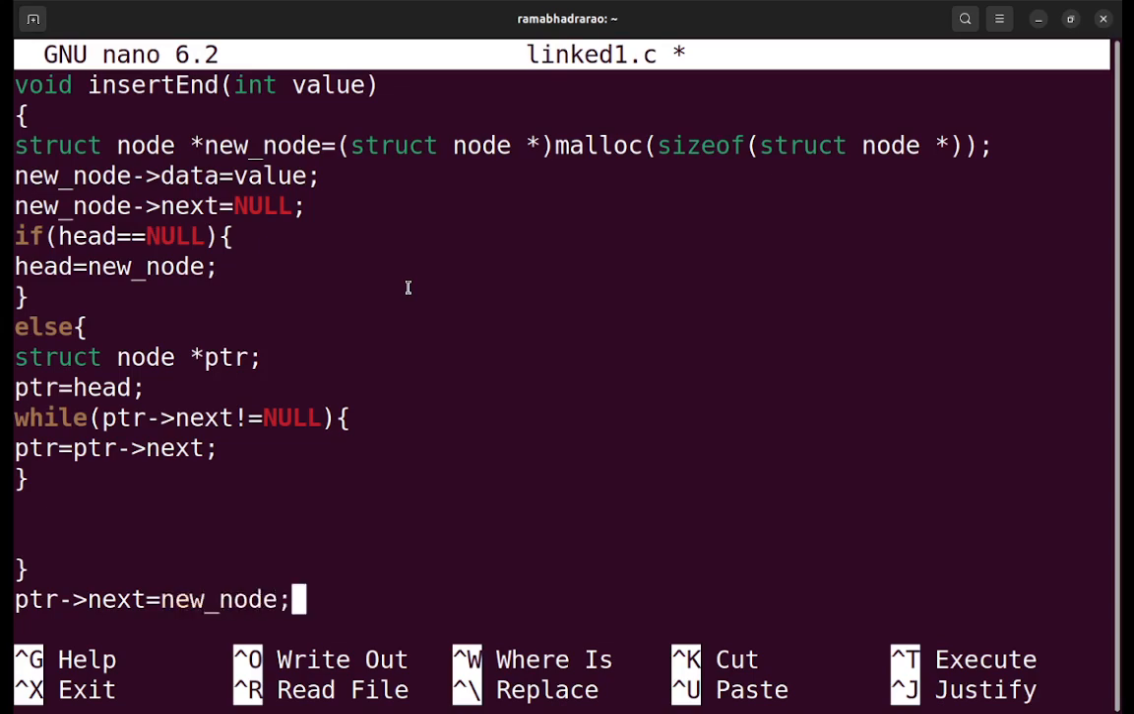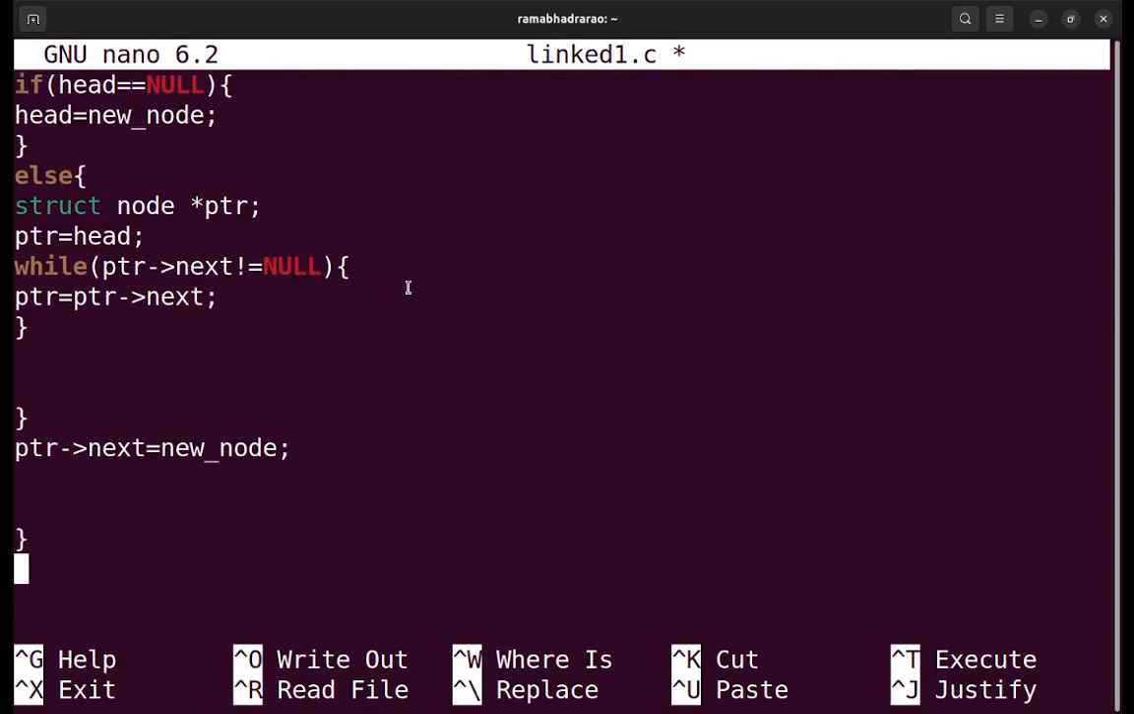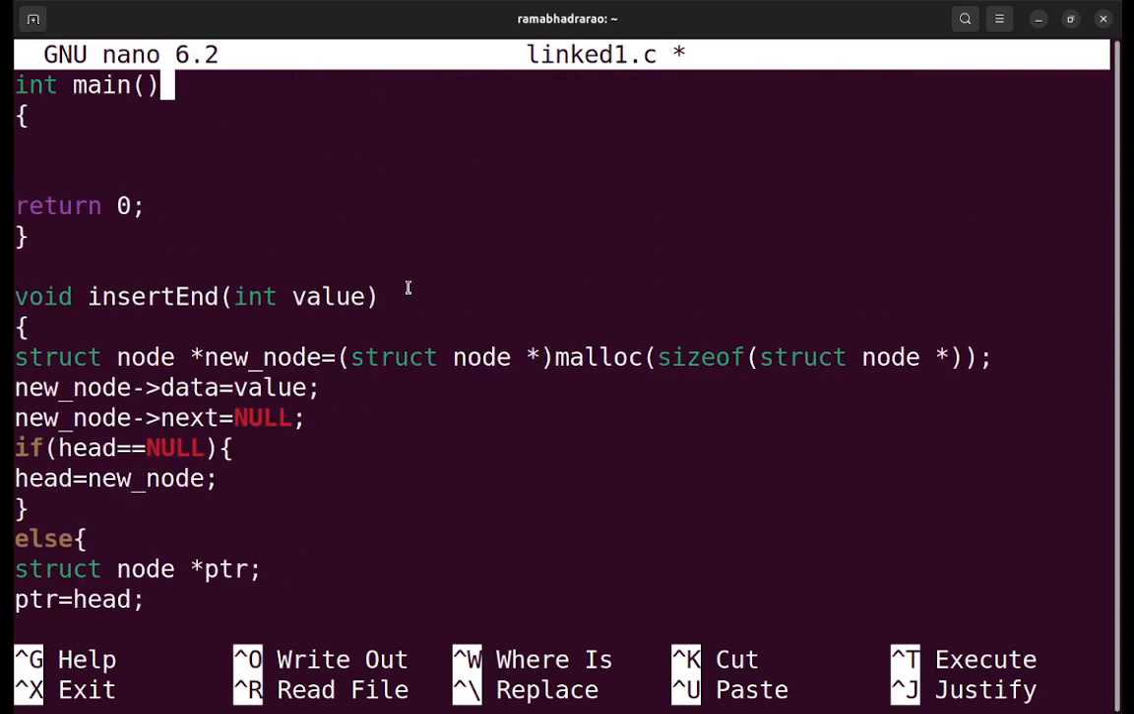Here I check 2 conditions. One condition, if there are no nodes, I am doing insert end, supplying the node value. Okay,